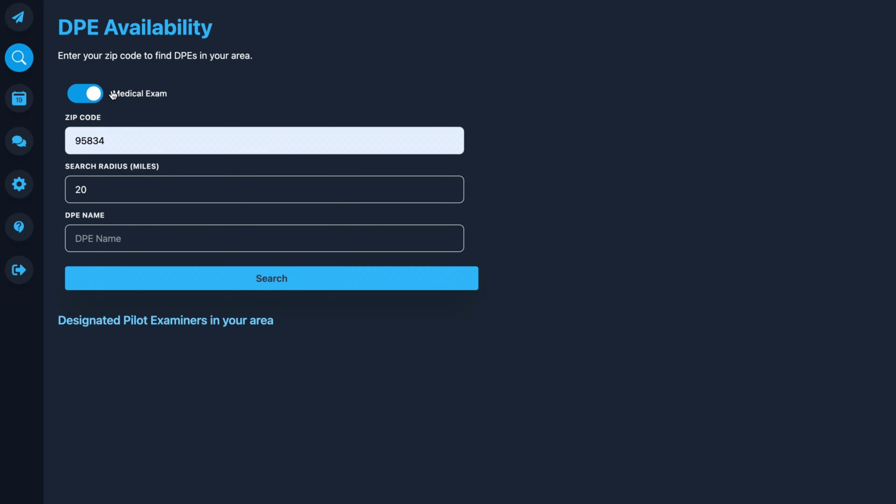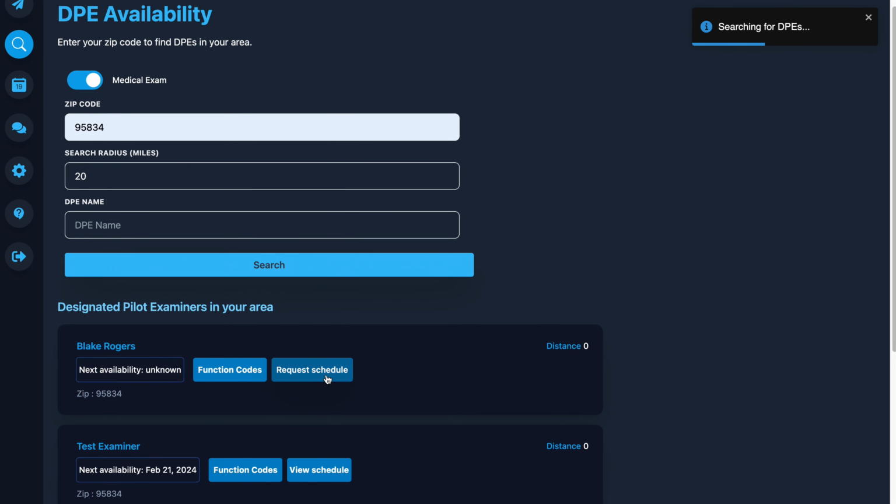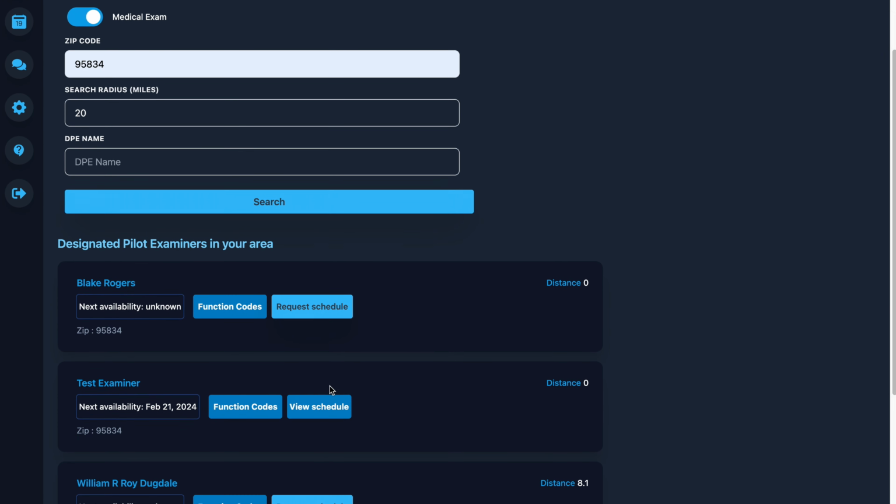It was always really hard to coordinate with designated pilot examiners because they're so busy and even find them in the first place. The FAA's website has gotten a little bit better, but it still kind of sucks when you're trying to find an examiner in your area for medical or a designated pilot examiner for a check ride. I wanted to be able to just search my zip code and find the designated pilot examiners or the medical examiners in my area instead of relying on a list from a flight school or